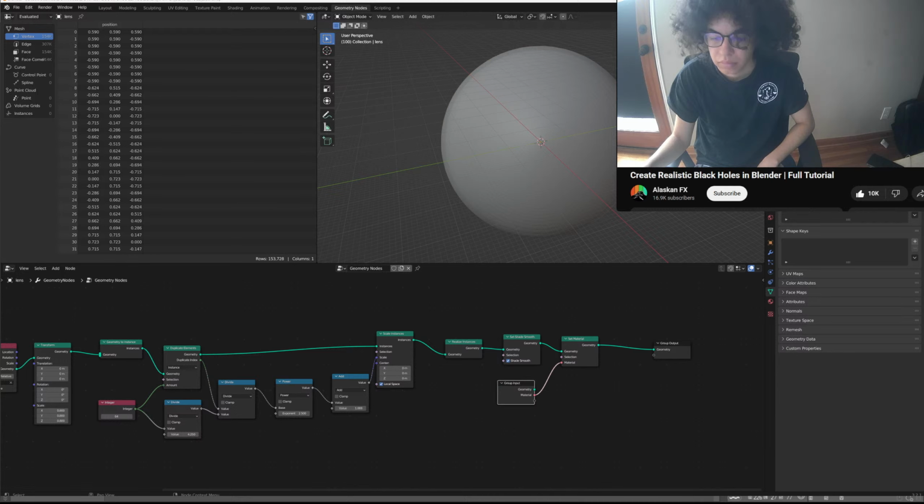So that's why we have that. Then you're going to want to grab a realize instances node, click that into there, and actually while I'm at this, you're going to want to make sure to save your file, just in case things can get a little bit heavier during the process later, and I don't want you to lose your progress. Now we're just going to plug in a set shade smooth node, and a set material node, plugged in like that, and I'll assign myself